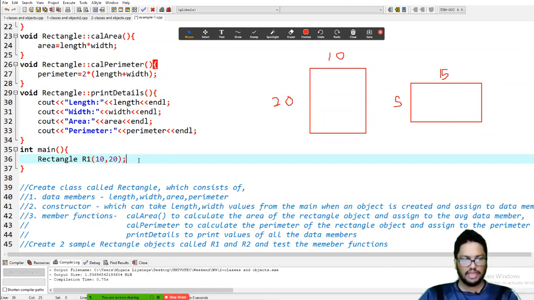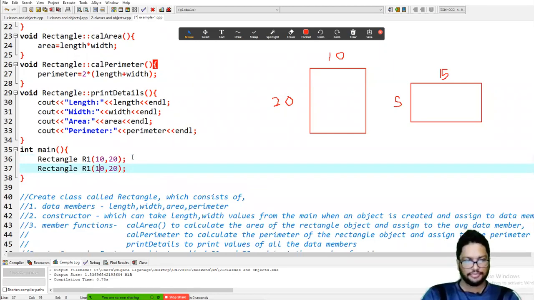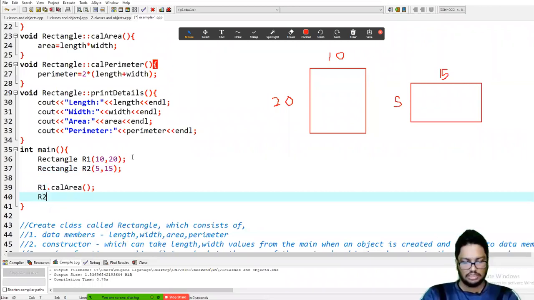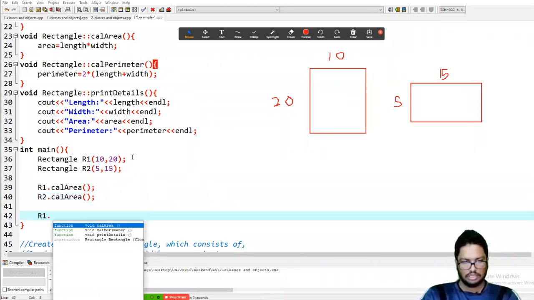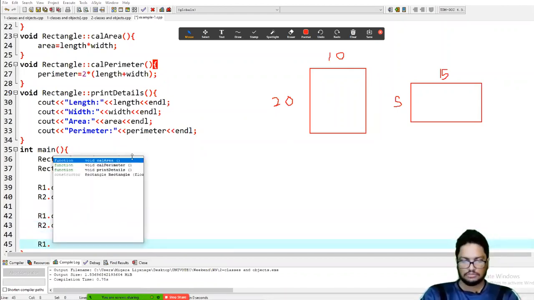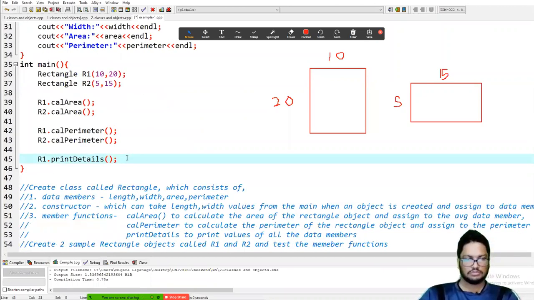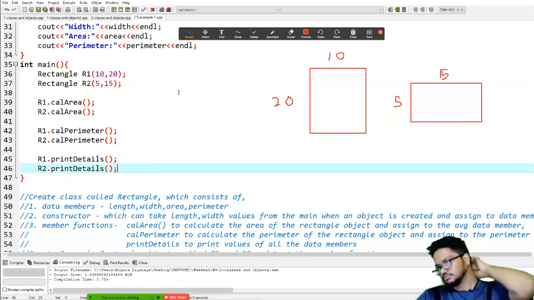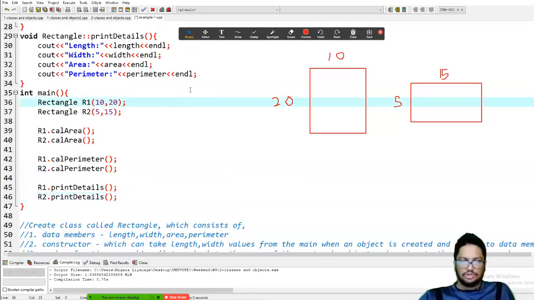Or 20 10, both would be fine. Right. So shall we test the cal area? Right. So shall we run this and see?